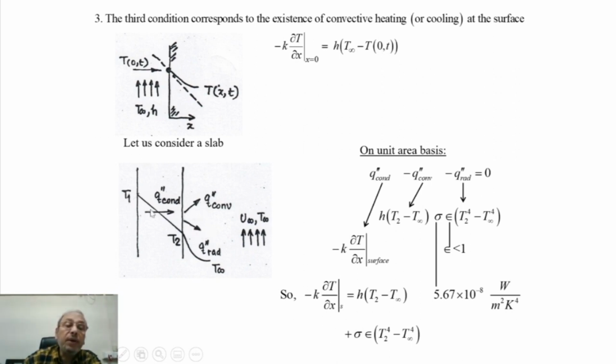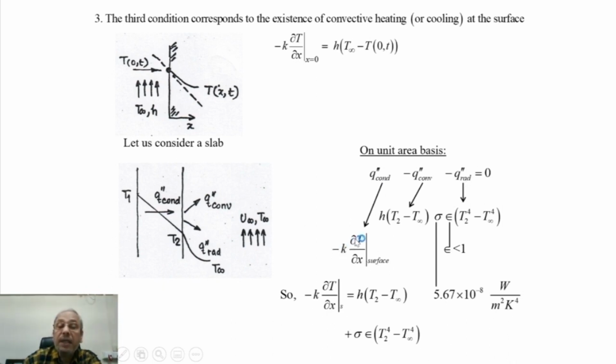So you can see, because of this temperature gradient, Q double prime conduction, that means conduction heat flux, is defined at the surface, which is basically equal to the radiative heat flux and the convective heat flux. So Q conduction double prime equal to minus Q double prime convection minus Q double prime radiation,